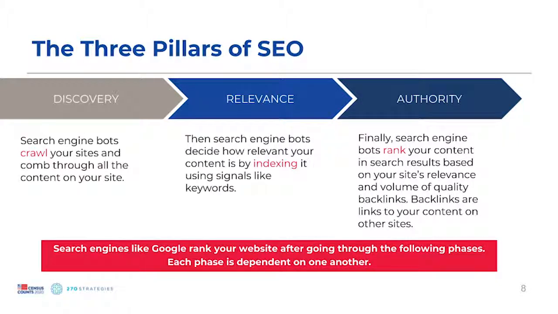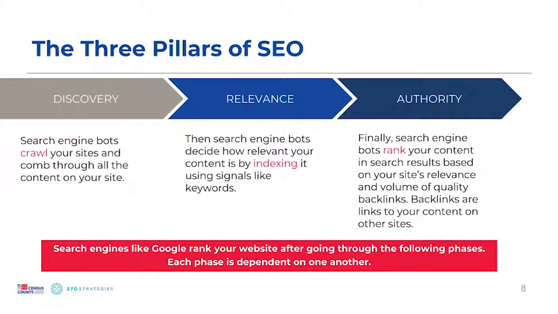For example, uploading white papers or other types of content as PDFs, putting text over top of images, and using password-protected content are 3 of the most common things that will prevent search engine bots from being able to find your content. During the relevance phase, search engine bots decide how relevant your content is by indexing it using signals